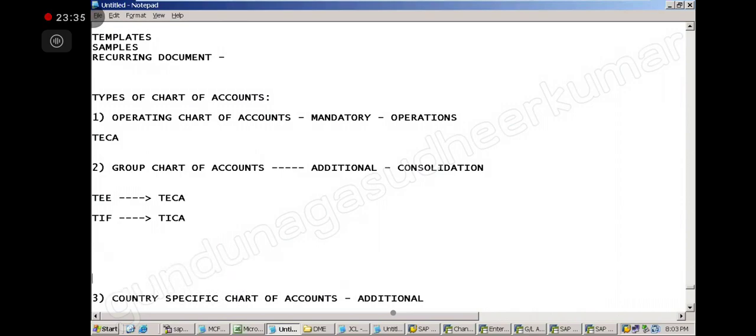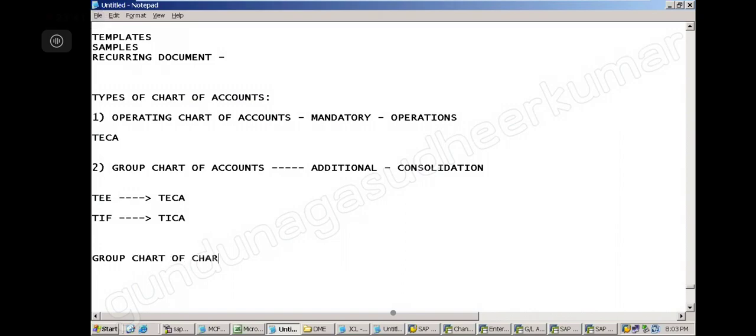So what do I do? We will create a group chart of accounts with a new name, say TCA. I will link this chart of accounts to TCA, and in the same way link the TICA chart of accounts to TCA, the same as our company code assigning.